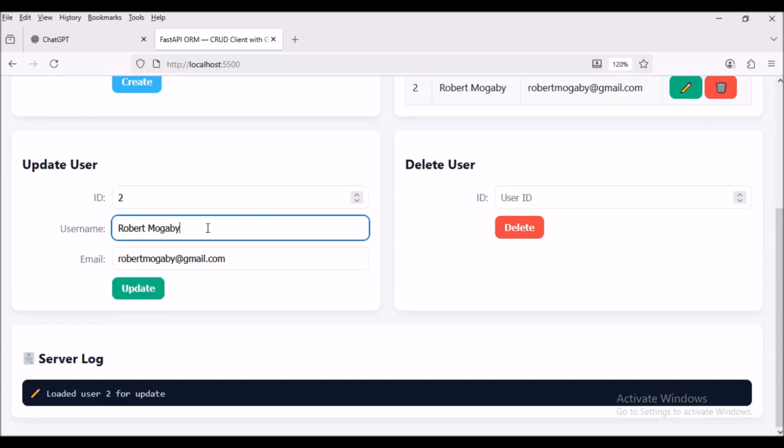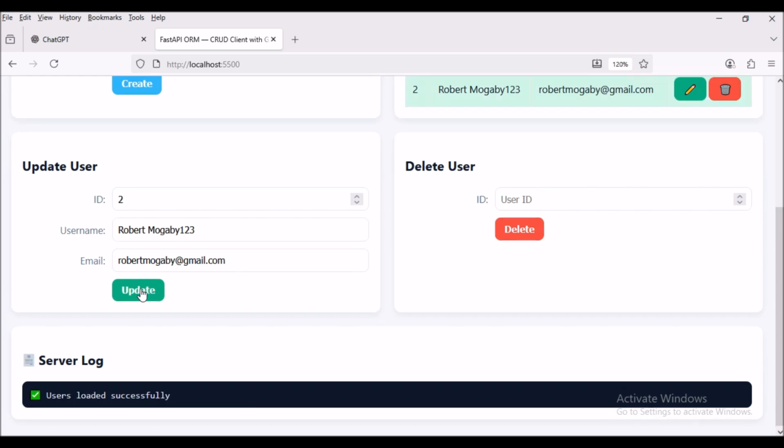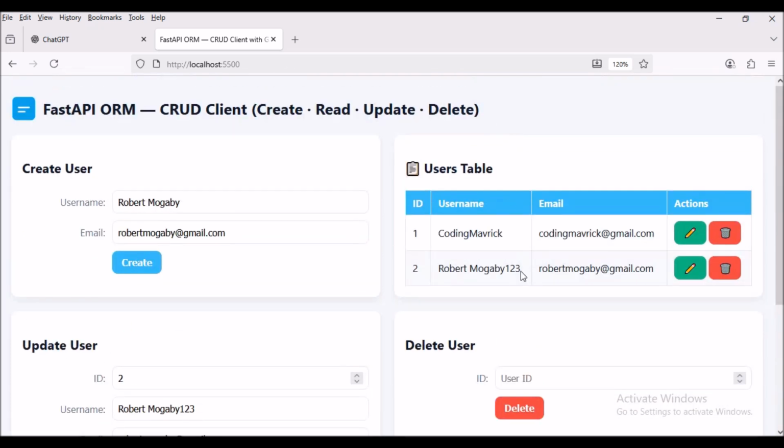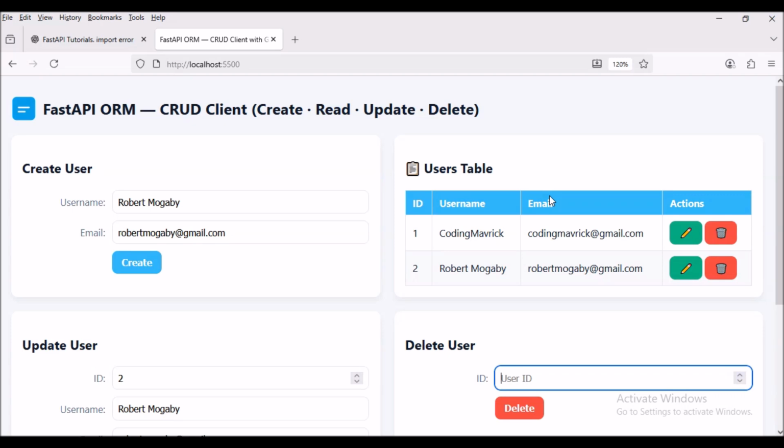You can change the values like username or email from this panel and click the update button. The subsequent API route of update user would be called and data would be updated in the database, and the same would be depicted on the right side table list.